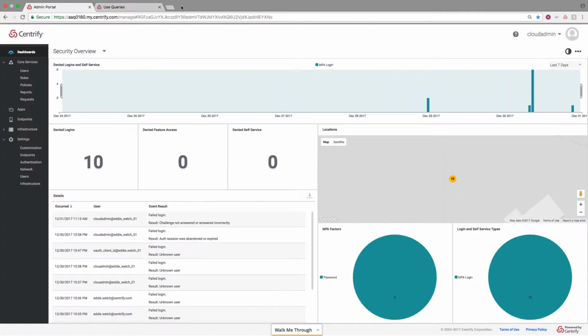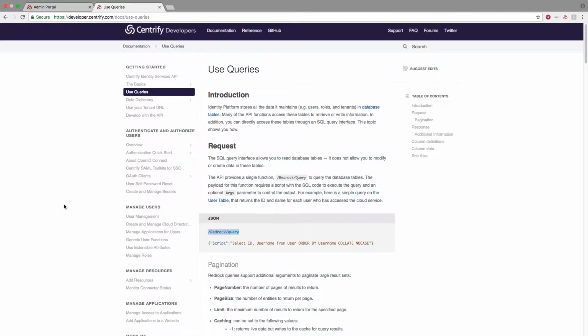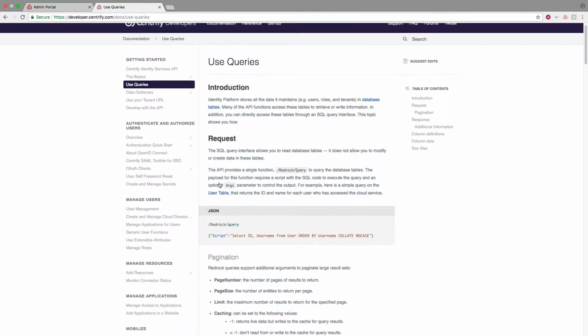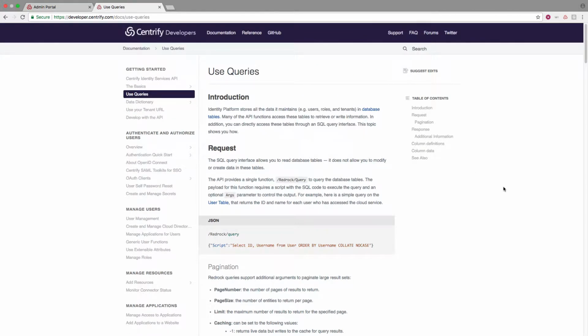So as our example, we're going to do a reminder on how to query a Centrify platform using the Red Rock API, which on the developer.centrify.com website, there's a lot of great information. In order to make an API call, you obviously have to be authenticated. And so typically the most basic form of authentication to execute a Red Rock query API call would be supplying